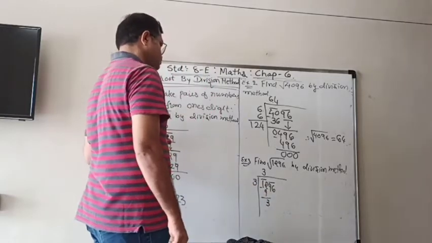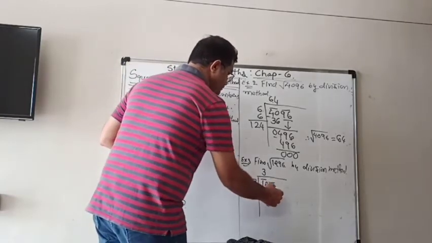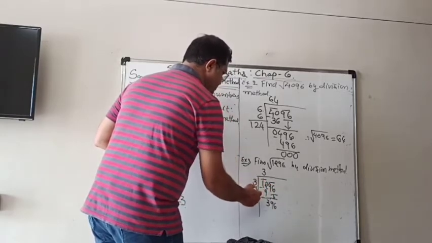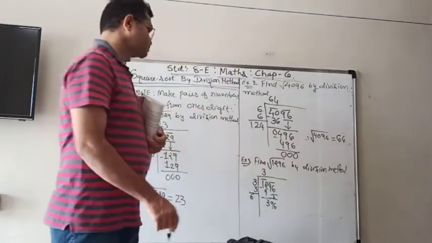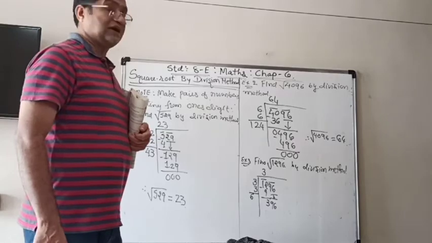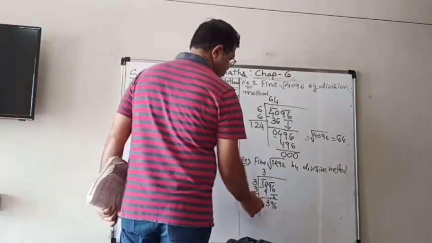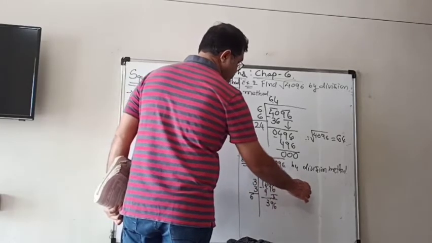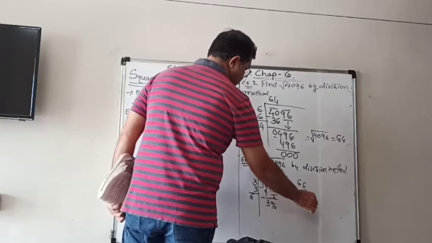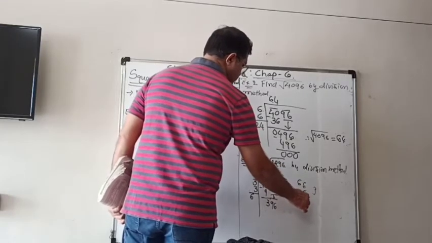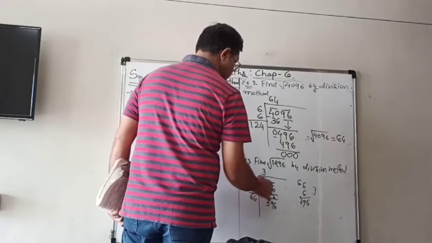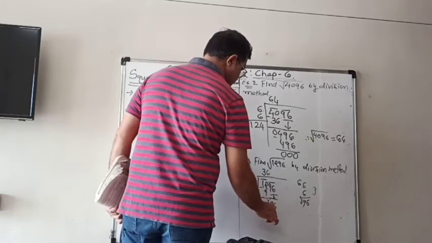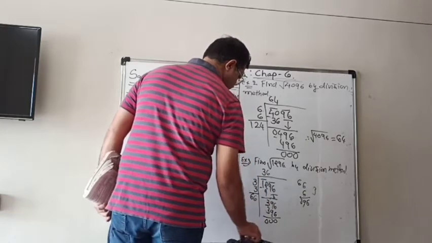3. And then the whole pair comes down, 96, and double this or add the same number, 3 plus 3 is 6. Now as I told you, we need a digit after the 6. 6 sixes are 36, so you can write 66. 6 sixes are 36, plus 3 is 39. So 66 times 6 is 396, and then the remainder is 0.